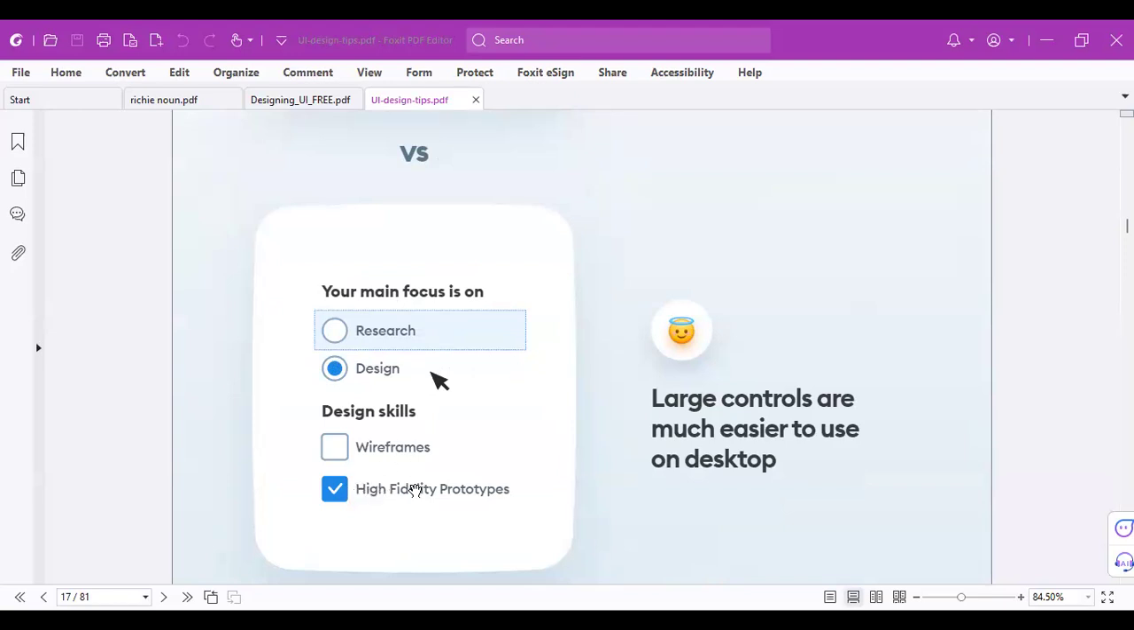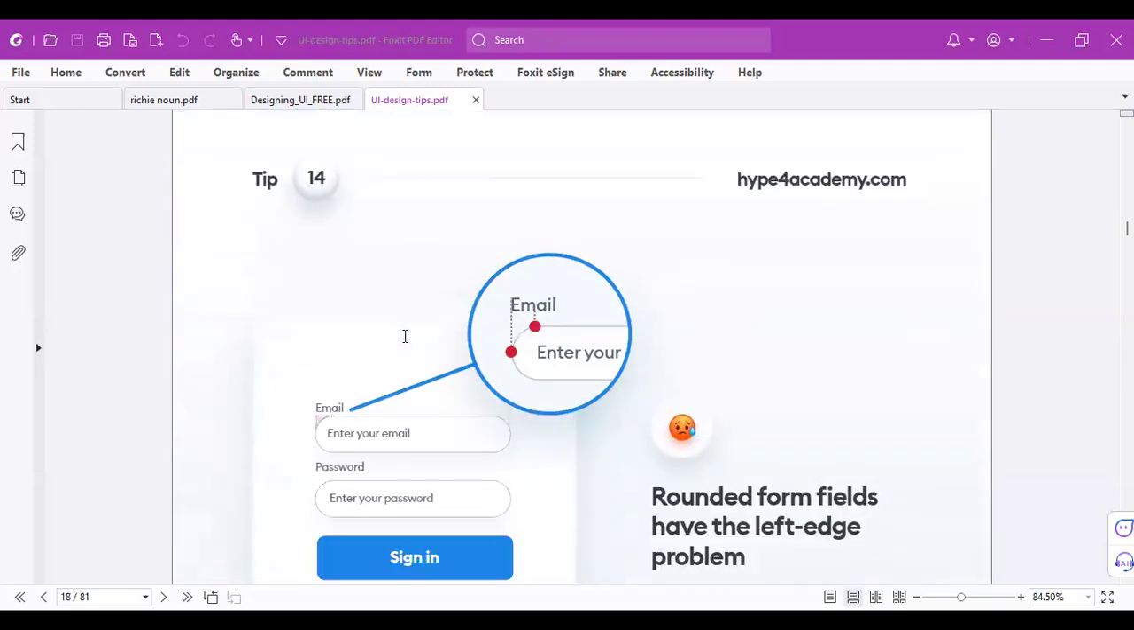Same with on mobile also. It makes it easier for those with large thumbs to click any buttons, even though you're on mobile or you're on web. You get that, right? Let's move to the next. The next one